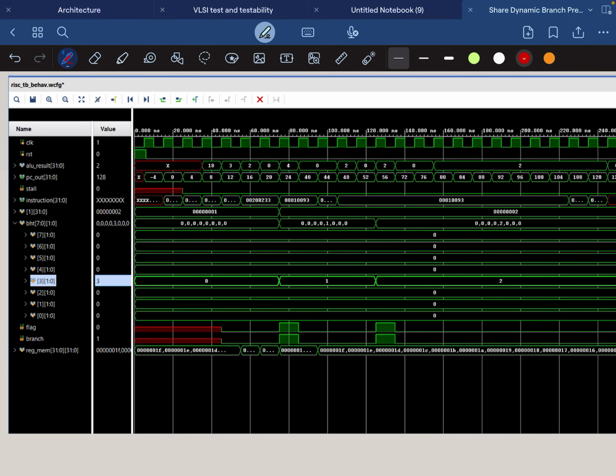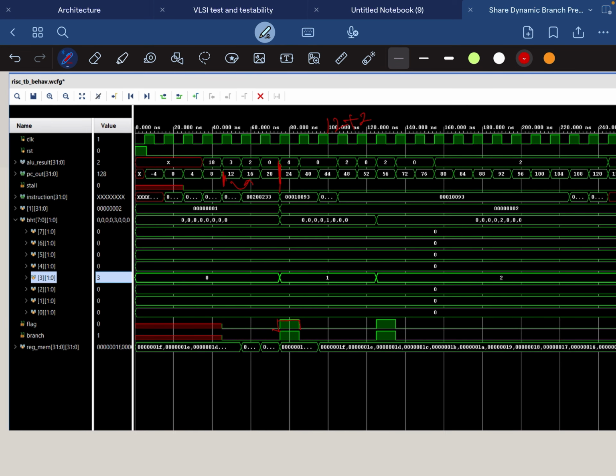As you can see, in the 12th location, as I have shown before, there is a branch which is initially predicted as not taken, so it goes to the 16th location, and in the execute state you get the result. The flag is 1, which shows it's a discrepancy, so all the fetched instructions are flushed, and then the original branch address, which is 12 plus 28, which is 40, the instruction at location 40 is fetched here. Similarly, at 44 there's another branch instruction which is also